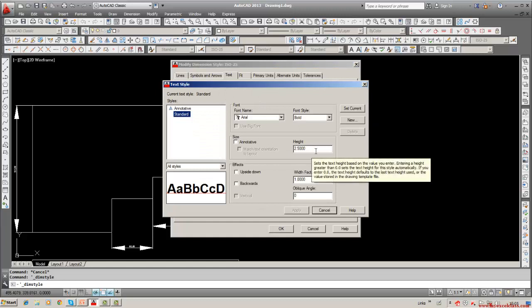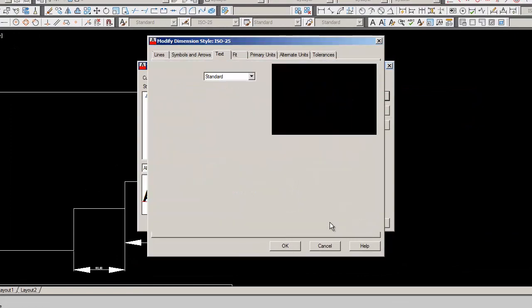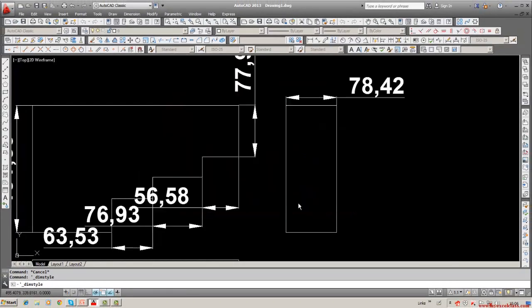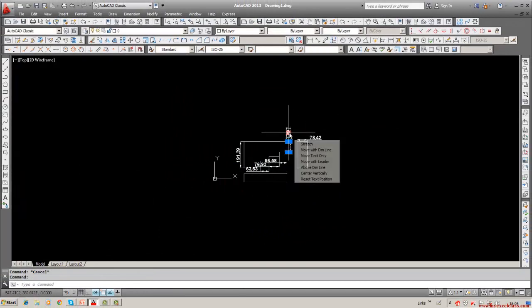If we do not set there, then we can change it here. See, here height, I will make it 25. Okay, then apply it. And this we will call set as current. This is the current one, what we are working with. See, dimension increase. Suppose I click on this